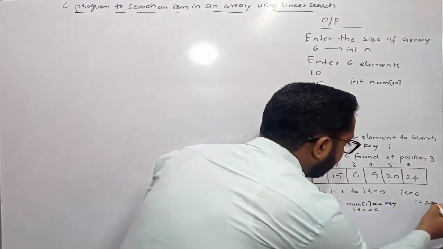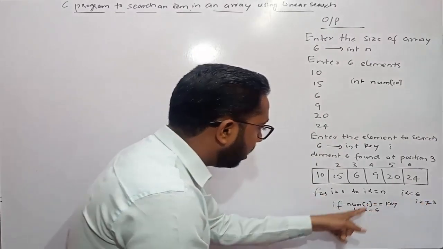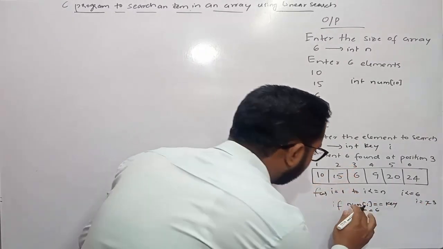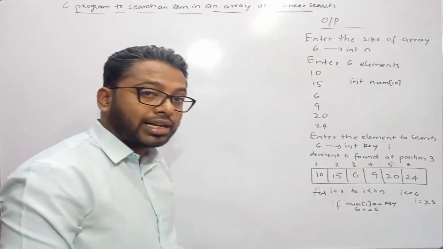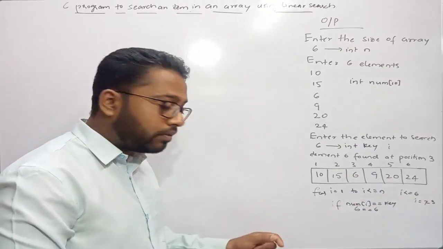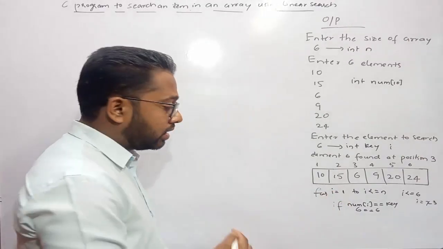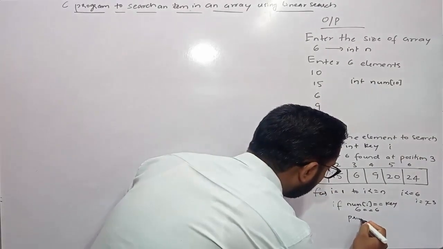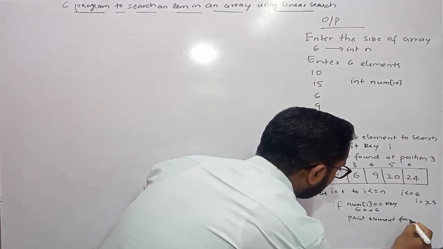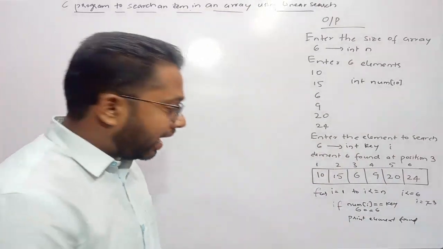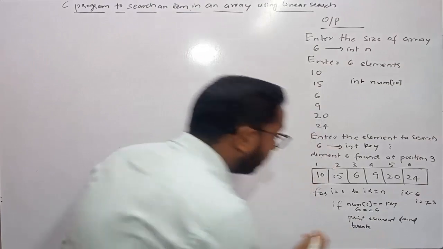Then I need to move to the next position. I value gets incremented by 1. Now I becomes 3. Num of I, which is num of 3, this location, is 6. Is 6 equals to 6? Now both of these numbers get matched. That means we found the item which we are looking for, and when both the items get matched, then I need to print element found at so and so position,